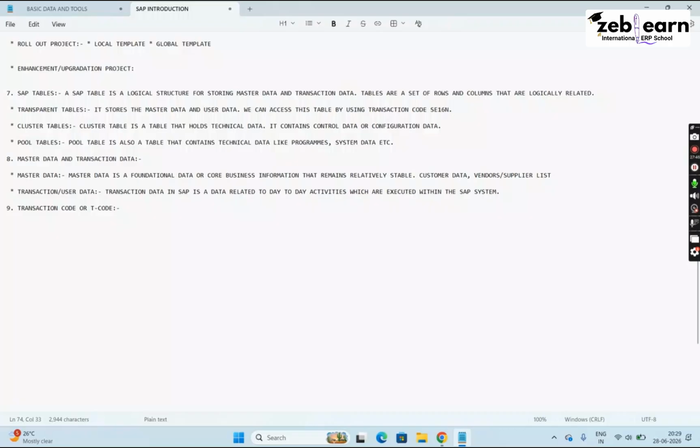See, a transaction code actually means it is like a command. Okay, so what happens in a command? Like you may know, there are other programming languages where you can enter a command and it will give you the result. So similarly in SAP also we have a transaction code, which is nothing but a command. So if you want to use any application in SAP, we have to enter the transaction code. So I can write like this: T code is a command using which we can access